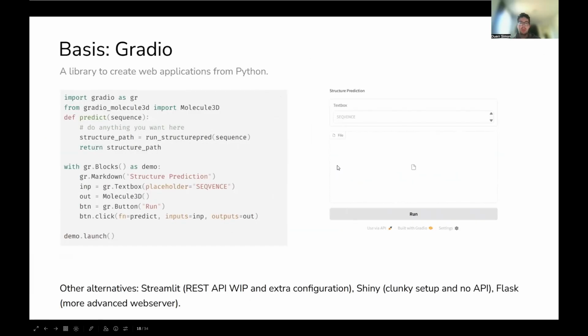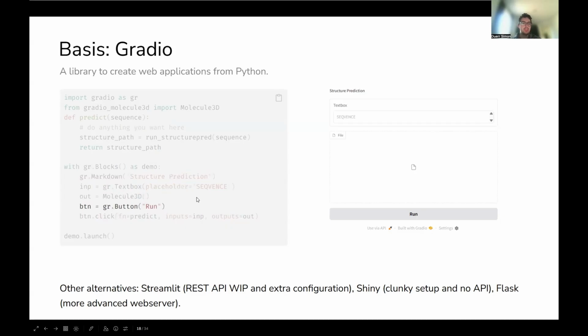So just as a quick basis, what is Gradio for those that don't know? Gradio is a framework with which you can build interfaces, and it's pretty simple. If we look at this code, this is all that is needed to build this interface on the right. You define certain blocks, for example a text box block, or special blocks like a molecule output. Then there's a run button that you can define, and you can attach an event listener to this run button that defines which Python function should be run and what the input and output are.